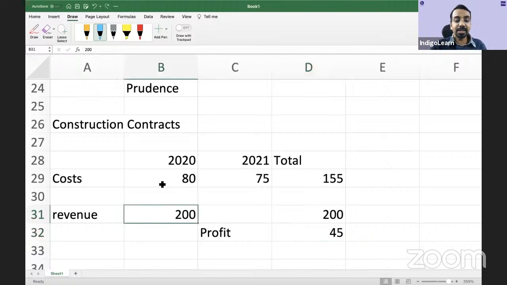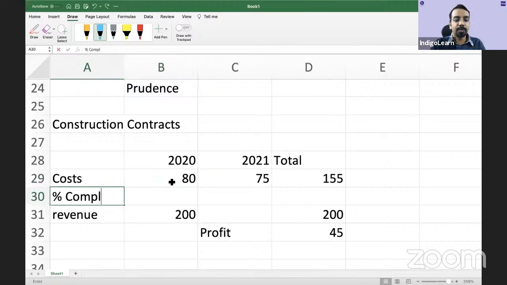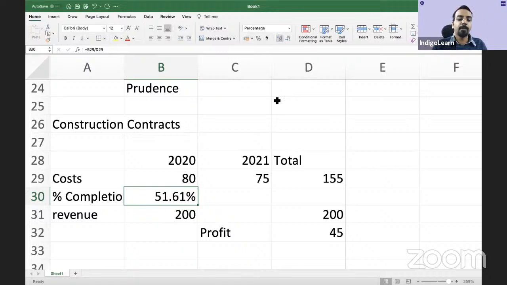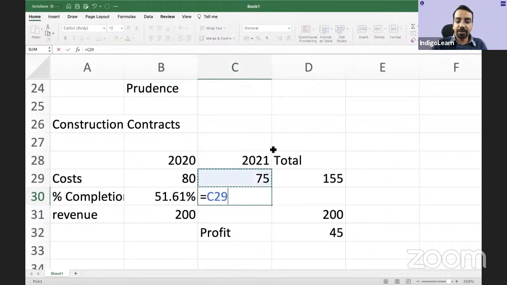In the earlier case, you will see how much is the cost incurred in 2020 as compared to the total cost. So you will say what is the percentage completion. Percentage completion is 80 divided by 155. That comes to 51.61%, and 75 divided by 155 is